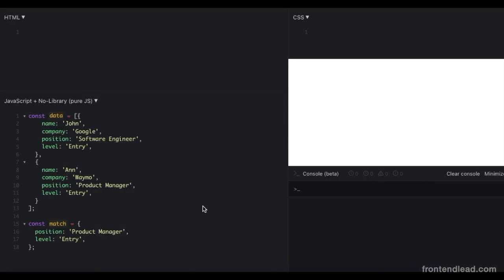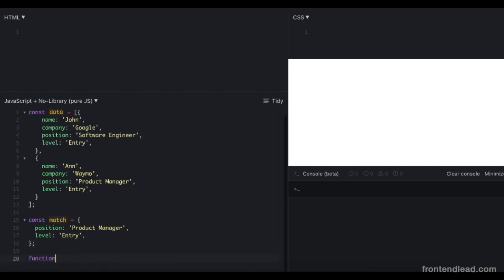Write a function called findMatchingJSON that takes in an input data and returns us a list of matching outputs that matches the search that we've provided. So let's build this out. So we'll say function findMatchingJSON,